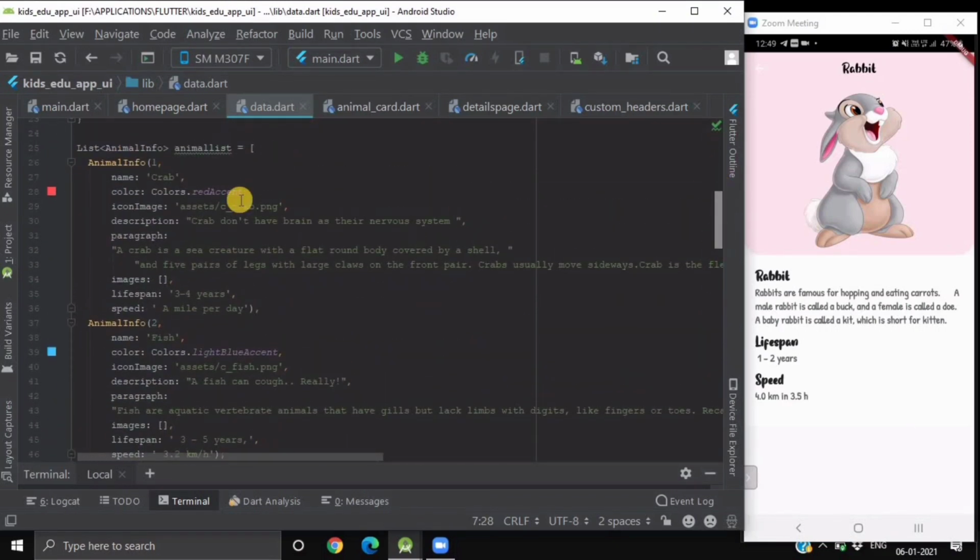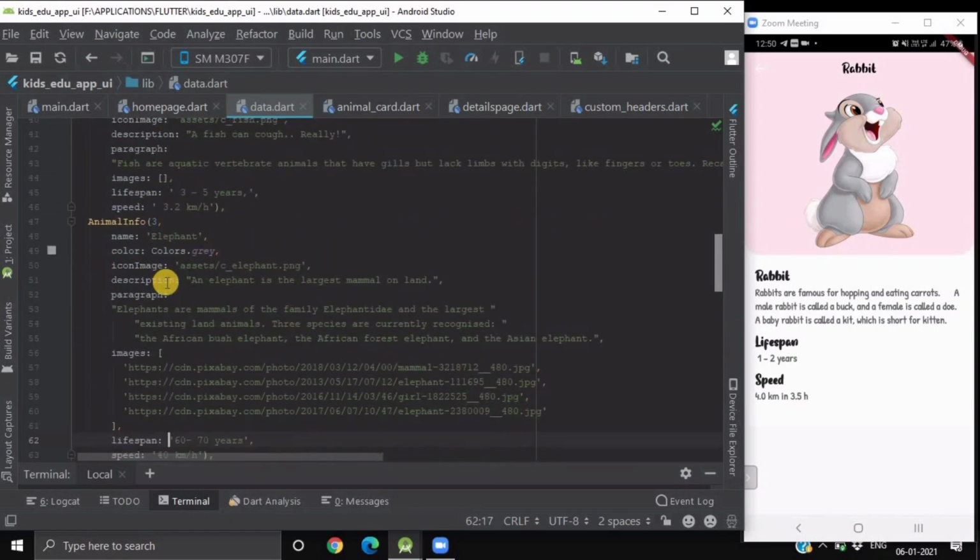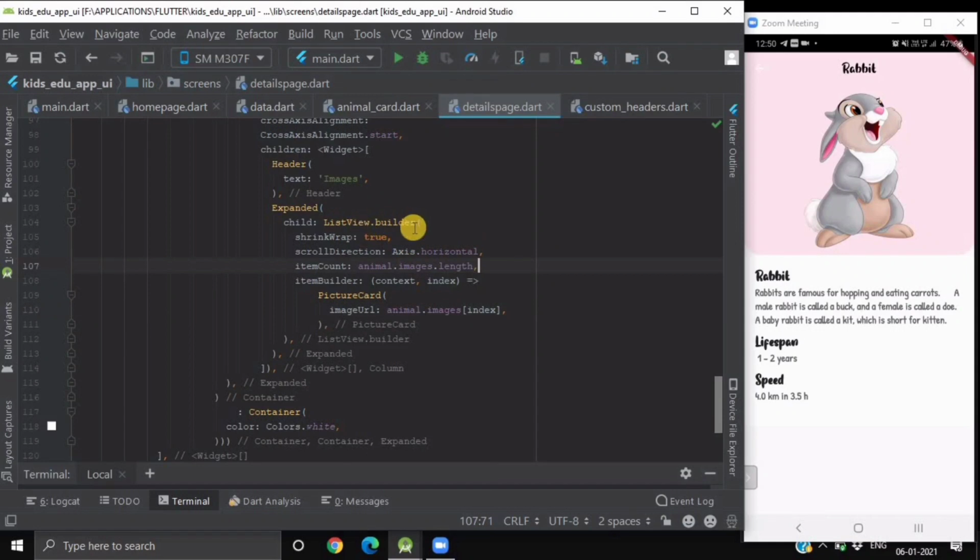So go to your data.dart model. Okay. Here you can see that our crab animal is not having any sort of list of images URL to fetch from the network. But elephant is having a list of network images URL. Okay. So if elephant is having 4 network images URL, then at that time inside your list page, this list view will create 4 picture cards, okay, for that particular animal, images and index.